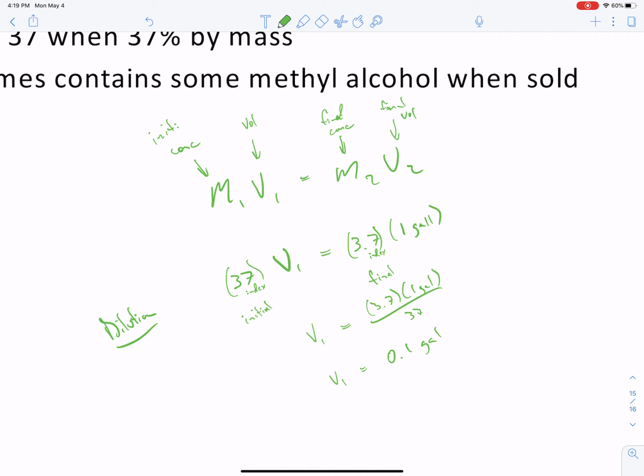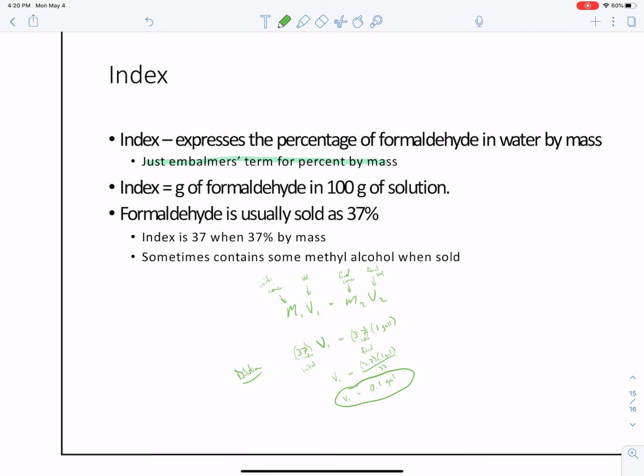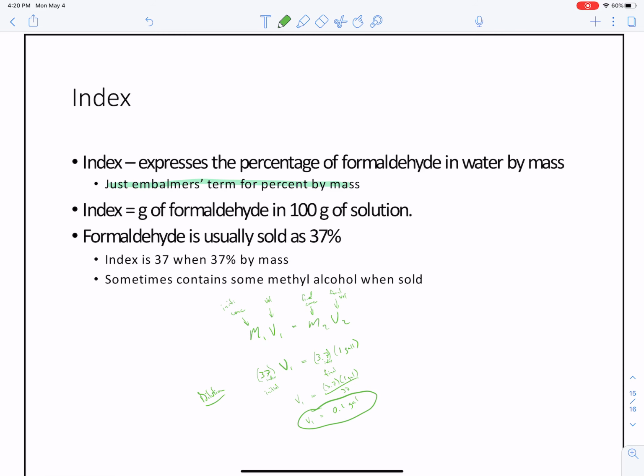So 1/10 of a gallon of a concentrated solution of formaldehyde will give me 1 gallon of my reduced index. That 3.7 is a lot more appropriate for embalming than a 37. And it's safer to use in a closed space, such as an embalmer's room. That said, I know it was an awesome lecture, a little long,